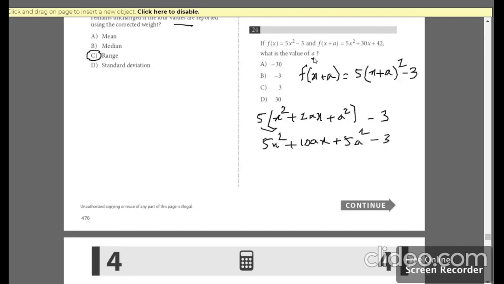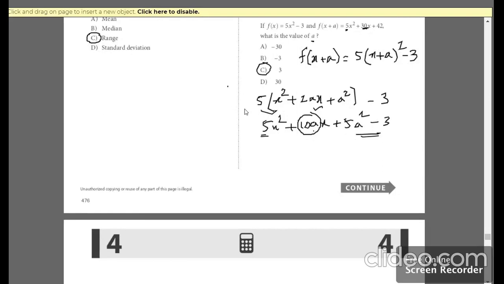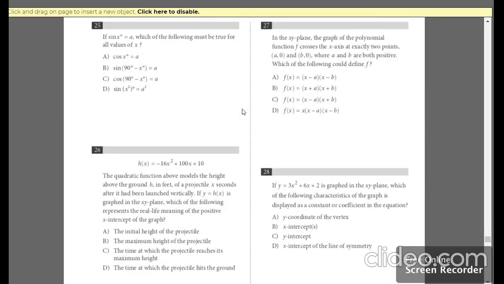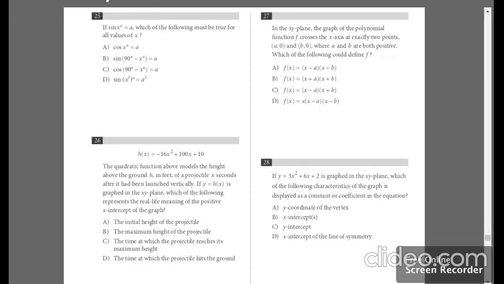Remember, they're asking us a, and if you can check here, a is over here and over there, and this is 5x square, which is exactly equal to this one. So we have to just find out what is the value of a so that it is exactly equal to 30. So 10 is already a clue for us. 10 times 3 will give us 30, so the option is C. That's how simple it is. You don't have to show the working, that itself is your answer. Moving on to the next question.